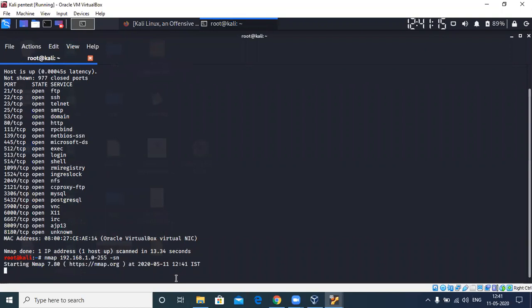What is the difference between a normal scan and a ping scan? It scans only the open ports at that IP. Okay, good try. Anybody else?